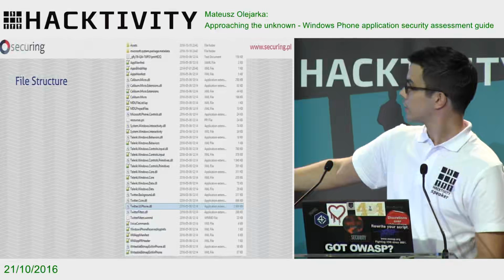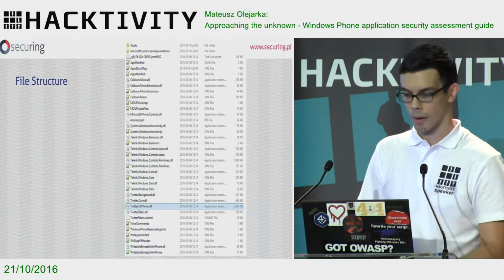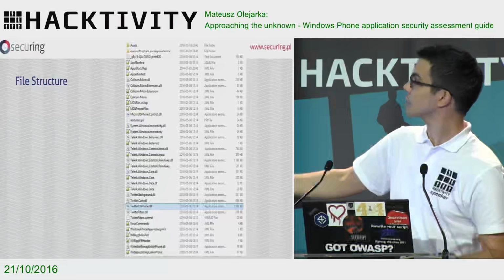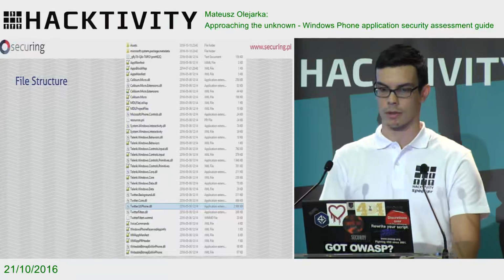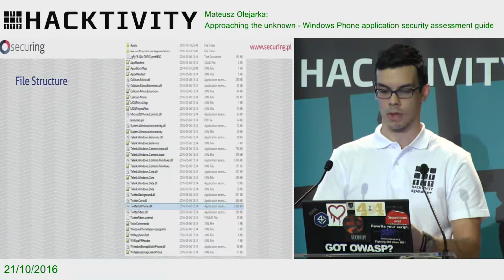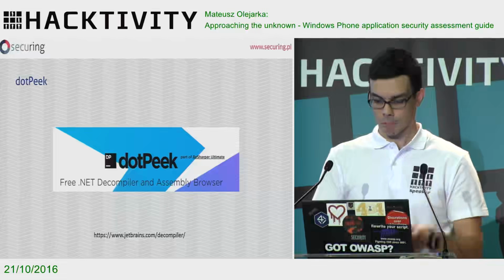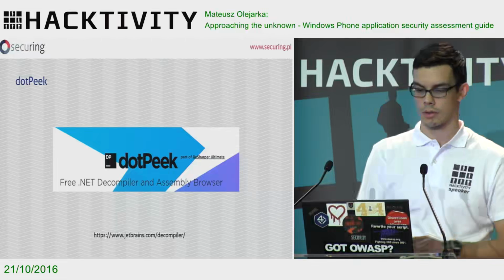We can see some assemblies which are quite similar to .NET classical assemblies, and some configuration files as well. Some resources like images, some files with strings for different languages. First interest, before that, I love .peek, which is a .NET decompiler.